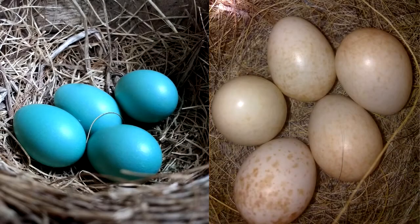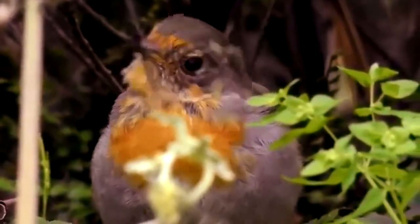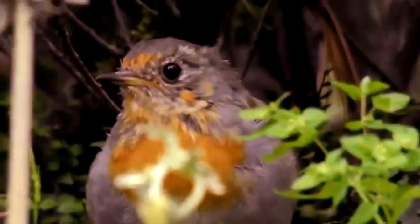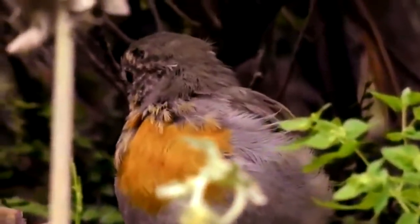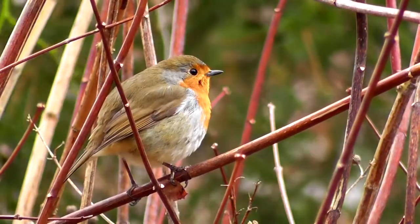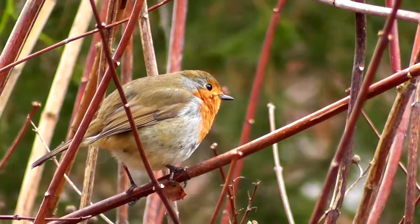American robin eggs are bright blue, but European robin eggs are white or only slightly blue. The chicks leave the nest about 2 weeks after hatching, but will continue to be fed. It's usually the male who keeps up feeding duties because the female is already off preparing another nest for a new brood. European robins typically produce at least 2 broods per year, but may have 3 or even 4 broods